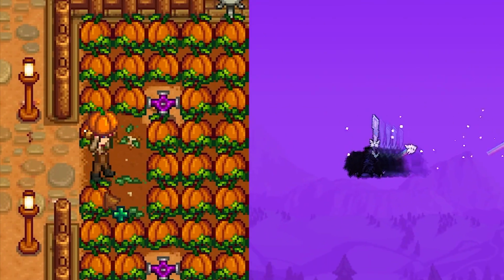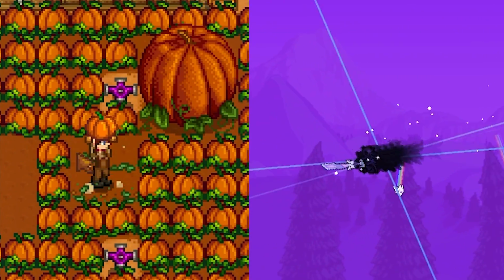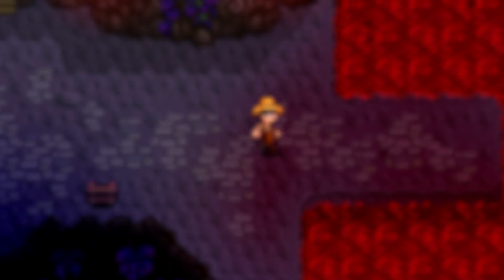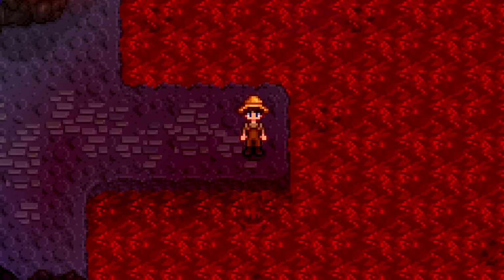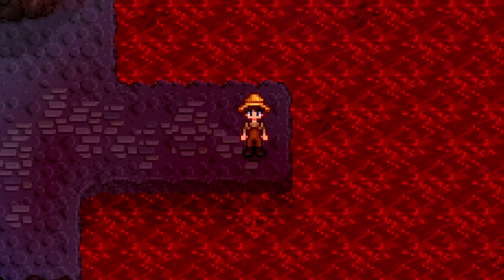Stardew Valley and Terraria are two legendary indie games, and along the course of their development, the developers have shared plenty of love with each other and actively admit to playing each other's games, which I think is so cool. In Stardew Valley's most recent update, the friendship between these two games grew even stronger with a secret collaboration that